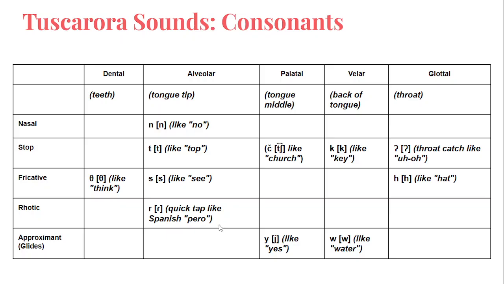The only one that might be a little bit strange to an English speaker is the tap. The tap is similar to the pero and the r in Spanish, but it can also be similar to the tap in the double T in bottle, or the T in water, or the double D in lather. So there are cases where that might be very similar, but I believe I've also seen that it can be pronounced as a rhotic sound.